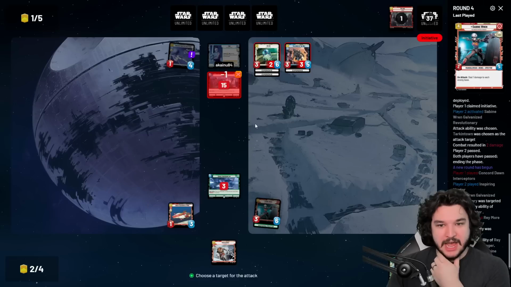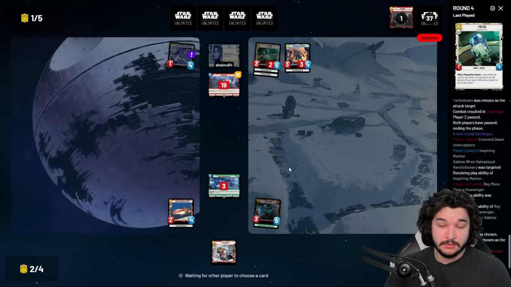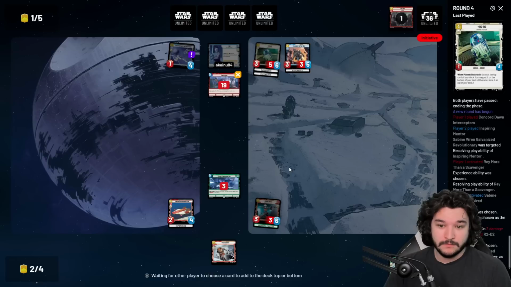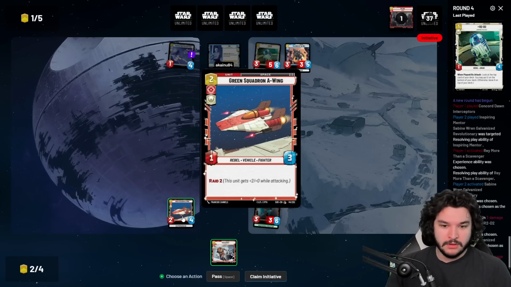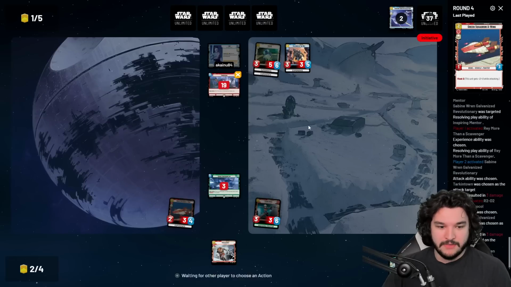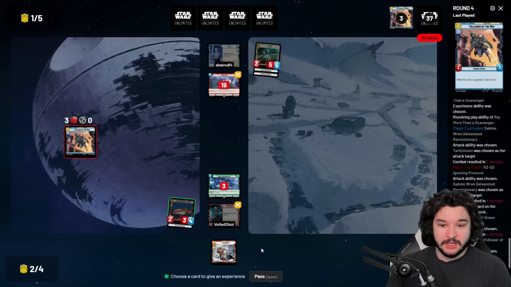So they get to go attack in experience token. And now they can use both their units to try to kill Sabine. And I think we just kill, and then we just play out our own Ketsu Onyo here. And hopefully we draw something like... Oh,